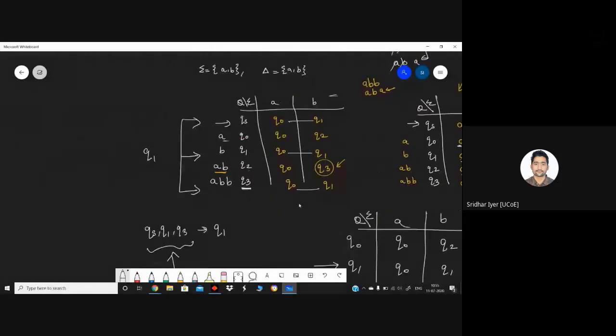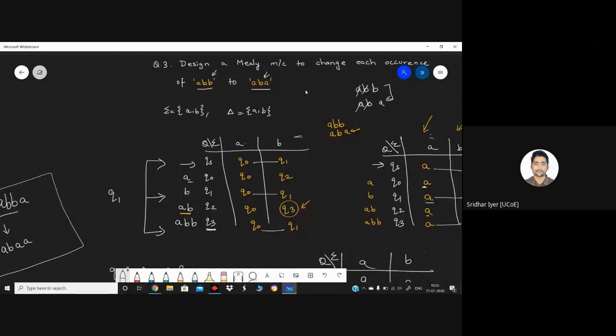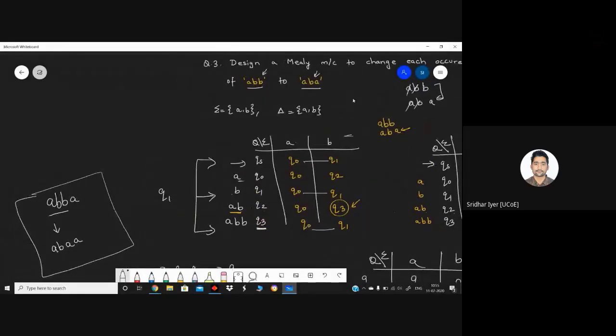You have a valid question because ABB on input A. Okay, so basically we have got this pattern. This should be getting converted to ABAA ideally. Kindly do this simulation on this and let me know if you're getting this. Because each occurrence of ABB is getting converted to ABA. Yeah, if it is happening, then your logic is 100% correct.